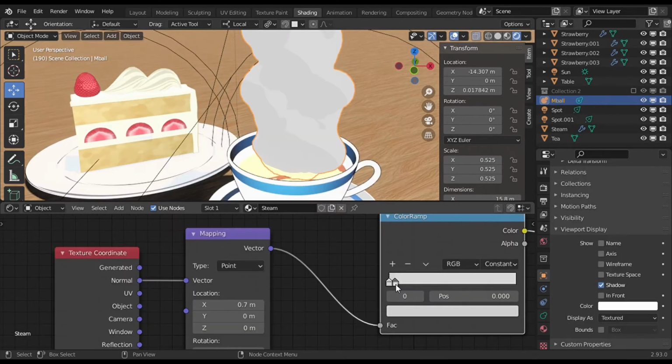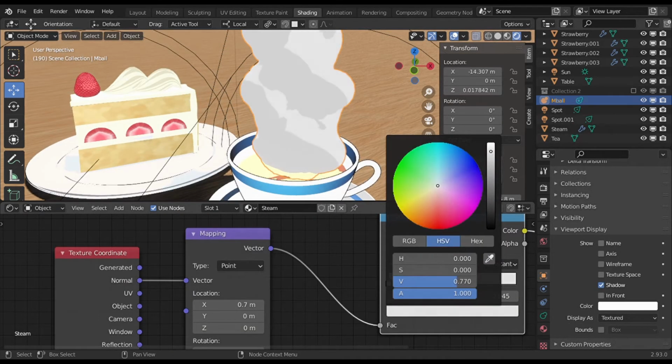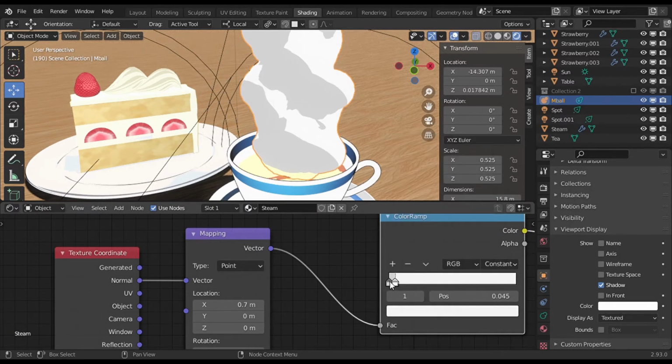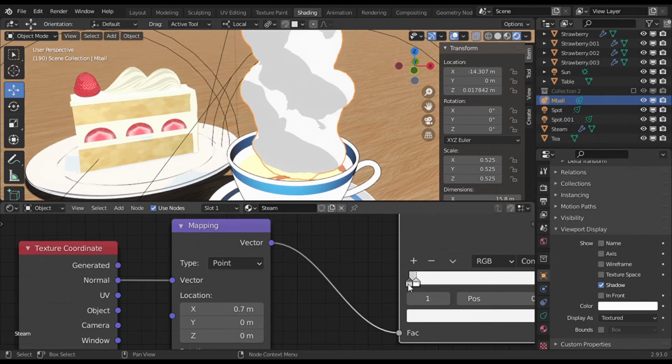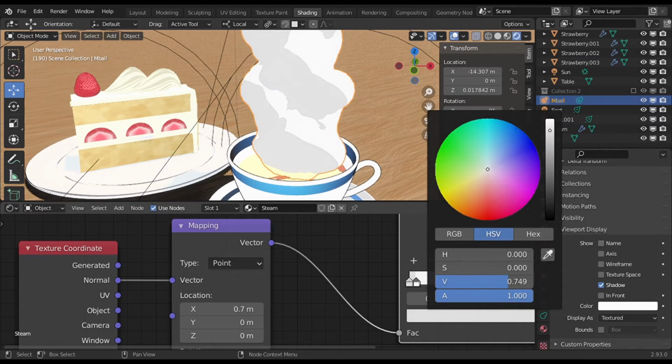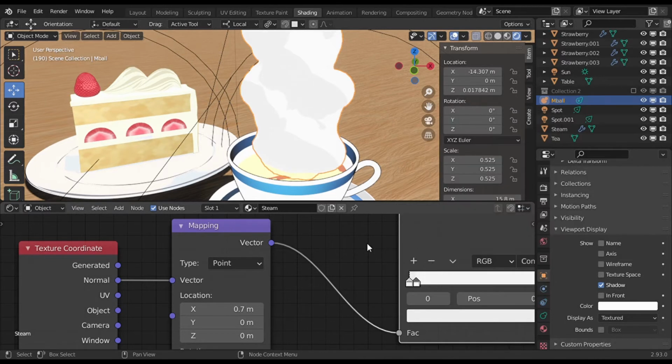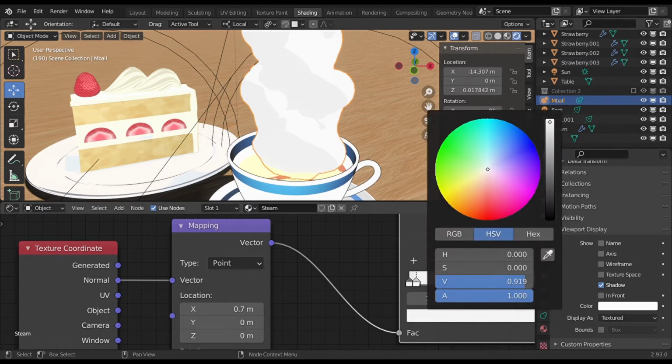Here, depending on how different you want your main color and the second color to be, is the color you're gonna choose. I wanted something really subtle. And these are my final colors for the steam.